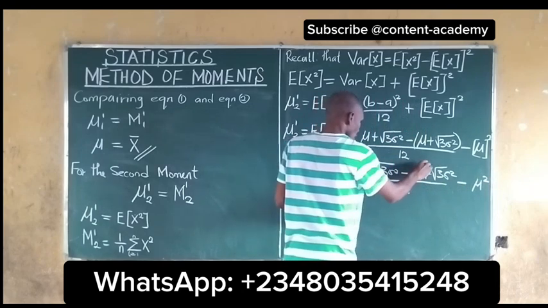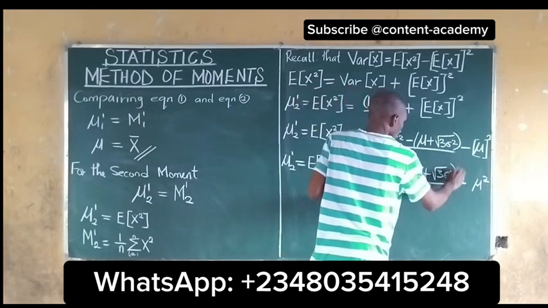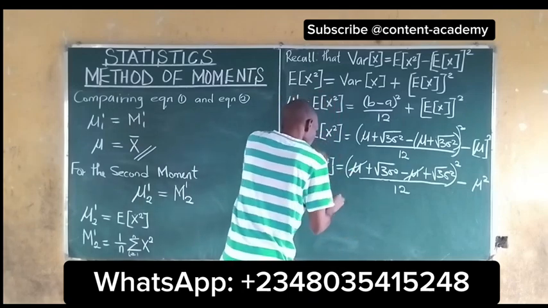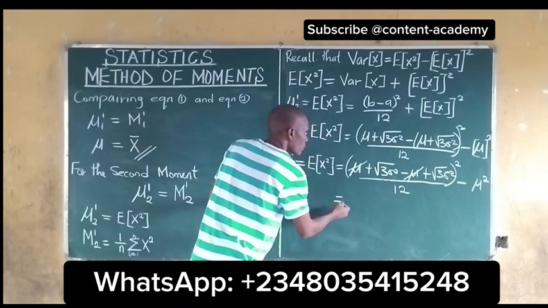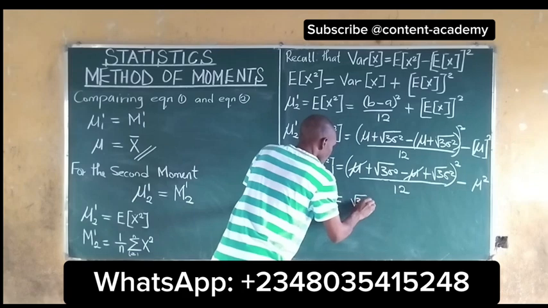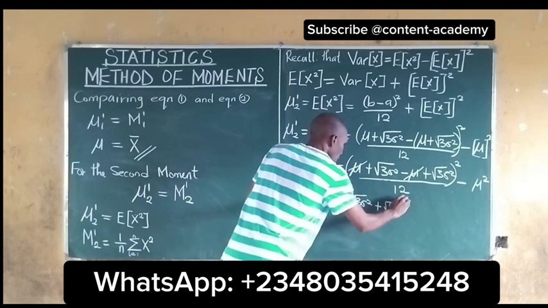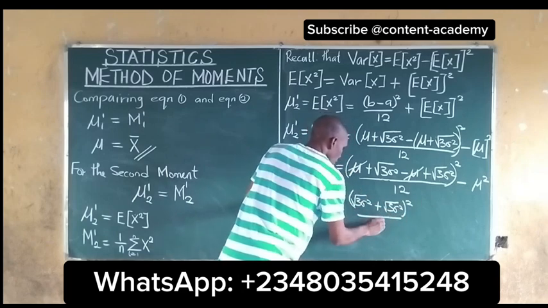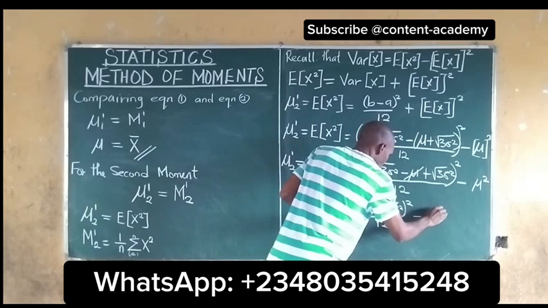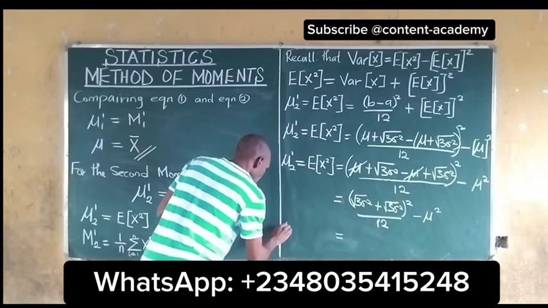So this will cancel this. Now we have this plus this, all squared. Now we have it to be root 3 sigma squared plus root 3 sigma squared all over 2 minus mu squared,